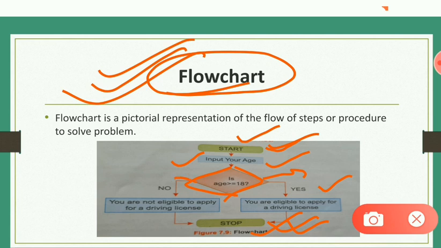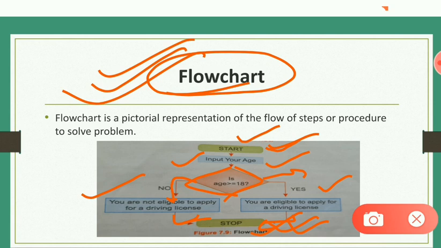Otherwise, if his or her age is less than 18, then they are not eligible for the driving license. After that, both will pass to the stop because your condition is fulfilled, and then you want to stop that flowchart or that process.